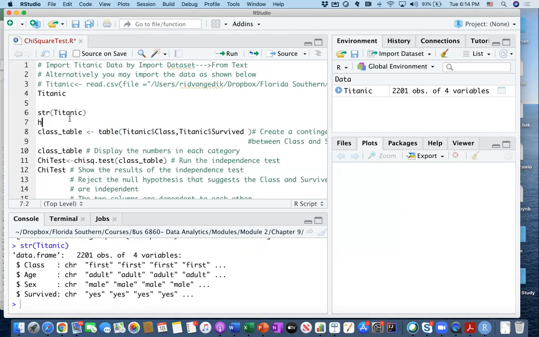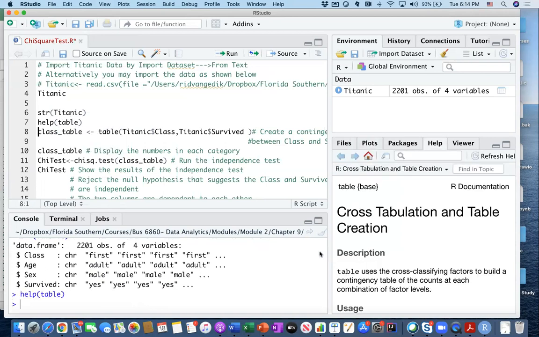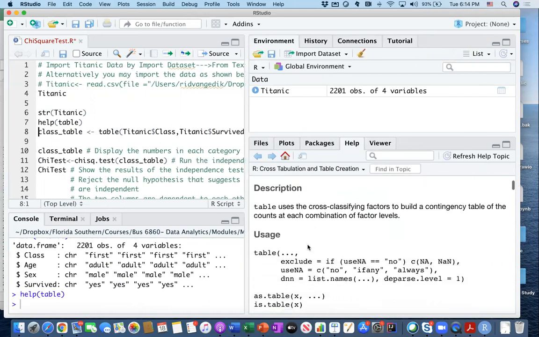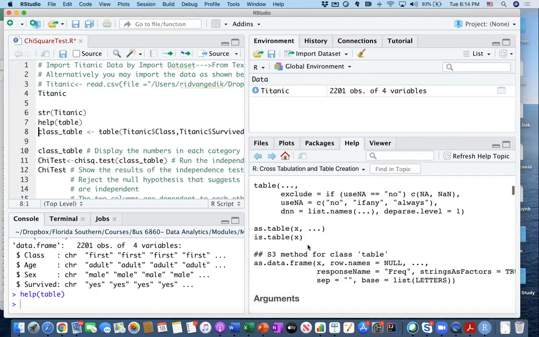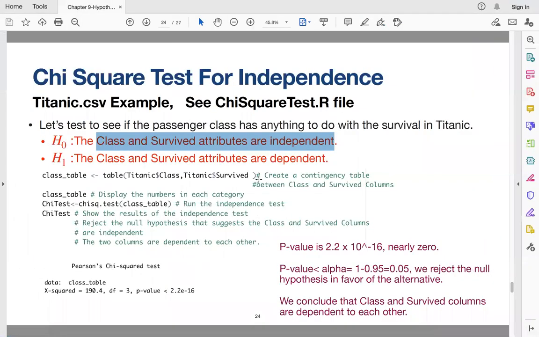Okay, so if you type help table in R, it is going to bring up this help menu, and it is going to list how you can utilize this table function. It says that table uses the cross-classifying factors to build a contingency table of the counts at each combination of factor levels. Well, long story short, what I want to do is, since my claim is